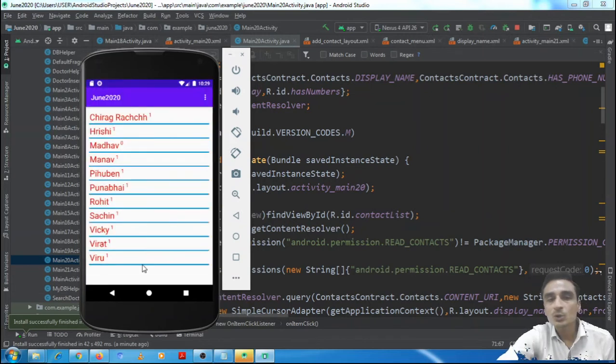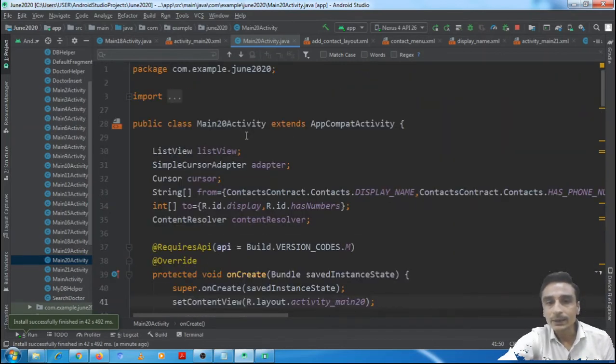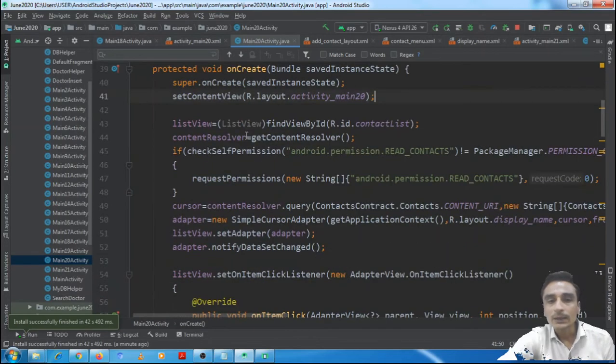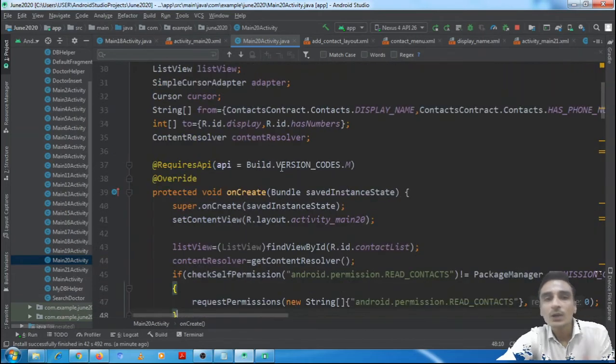Now one thing to be performed here is that we need to make these hash phone numbers invisible. If we had not used hash phone numbers like that, what would we have to do? We would have to do one more query to the underlying content provider, and making these queries takes some time and processing power. So that's why we avoid calling one more query.